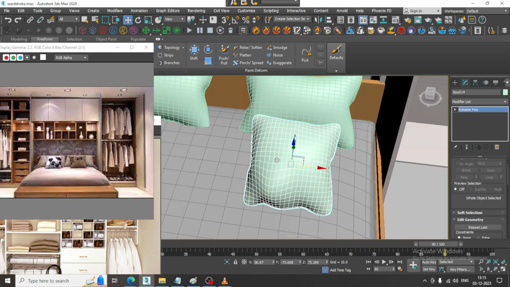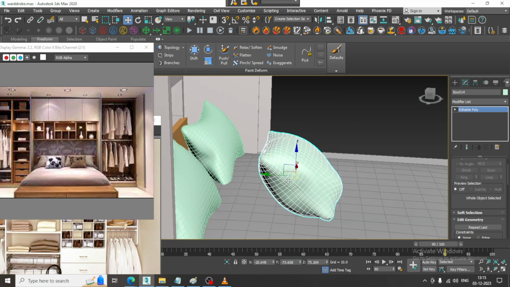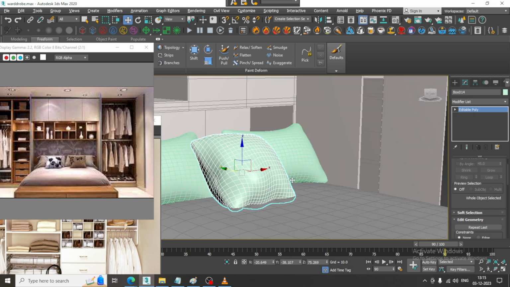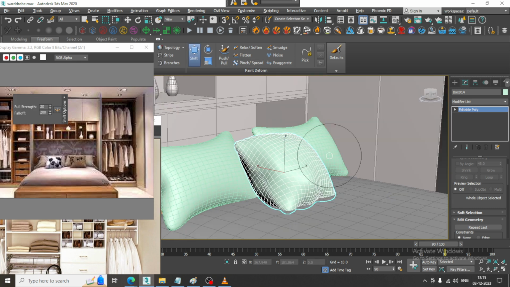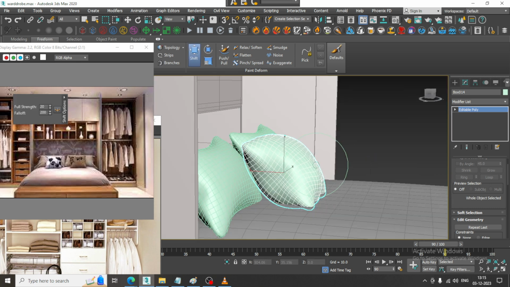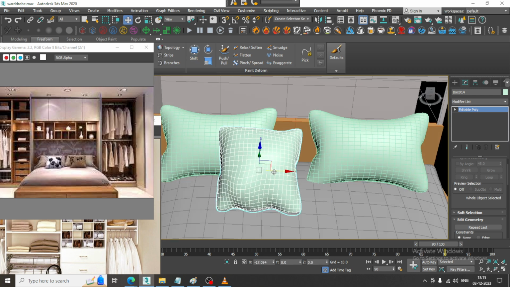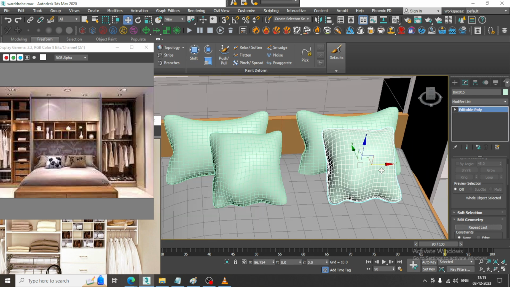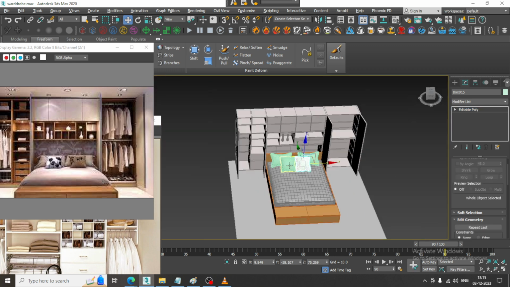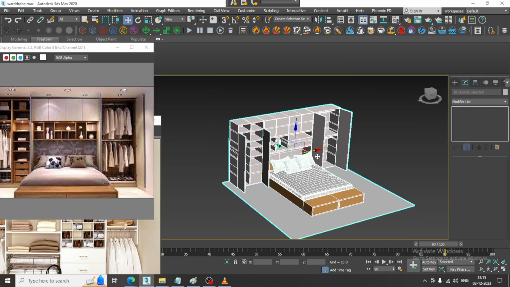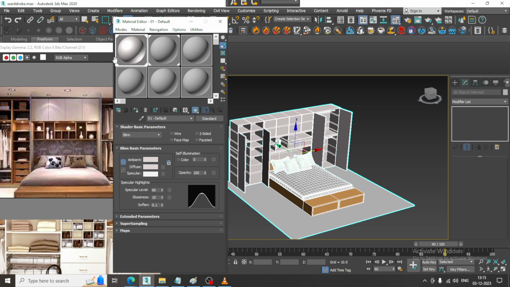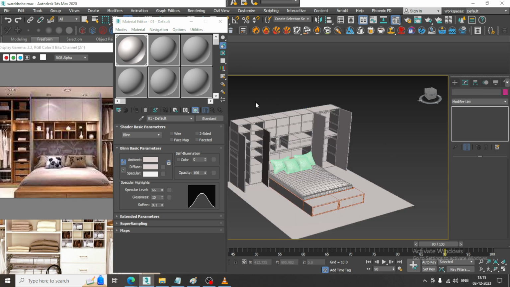I can place it again in this way. You can duplicate these pillows in this way. Once it is done,